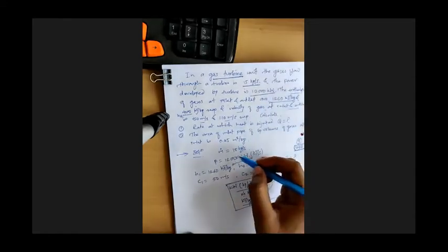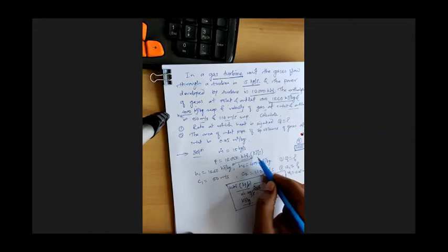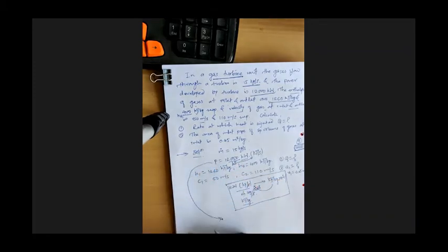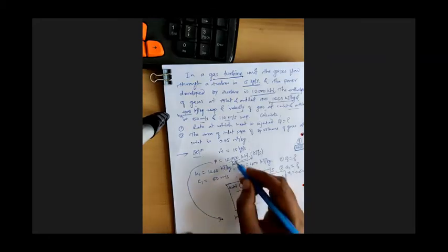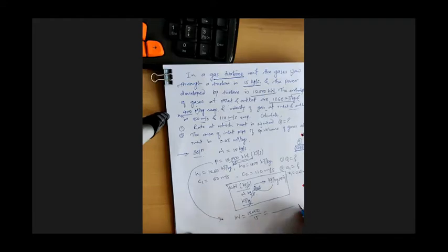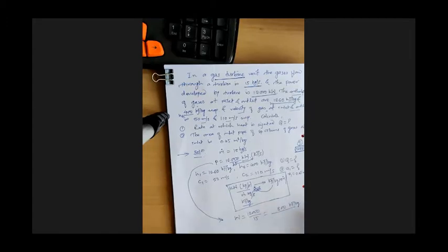Okay, so here we need to convert this 12,000 into kilojoules per kg. So we are going to divide it by the mass flow rate, that is 15. So this P will be converted into W by 12,000 divided by the mass flow rate 15. So tell me what is this ratio, 12,000 by 15? What we get in terms of kilojoules per kg? 800. Okay. So now the work transfer rate is also in kilojoules per kg, like the other terms.